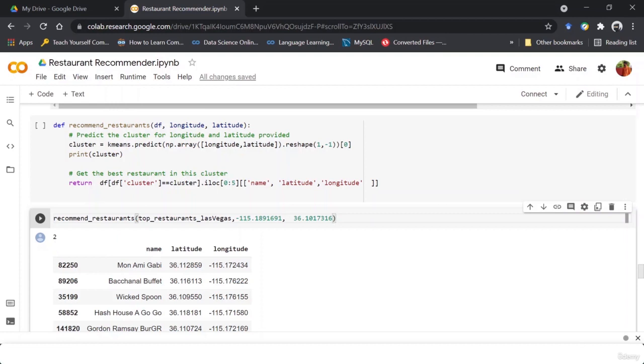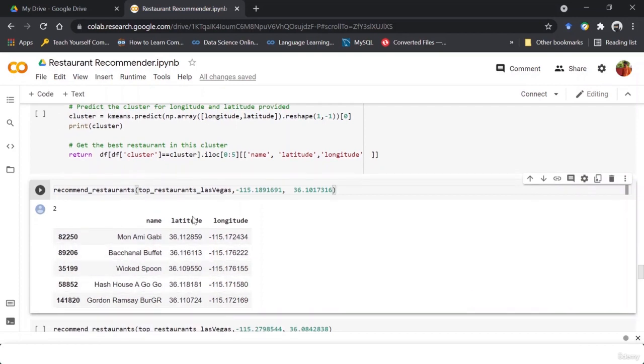And the top 5 restaurants for this cluster are these, having these latitudes and longitudes. Meaning, if you like restaurants from cluster 2, it is going to provide you with the top 5 restaurants of that cluster 2 with the geographical data about where they are present, that is, the latitude and longitude.